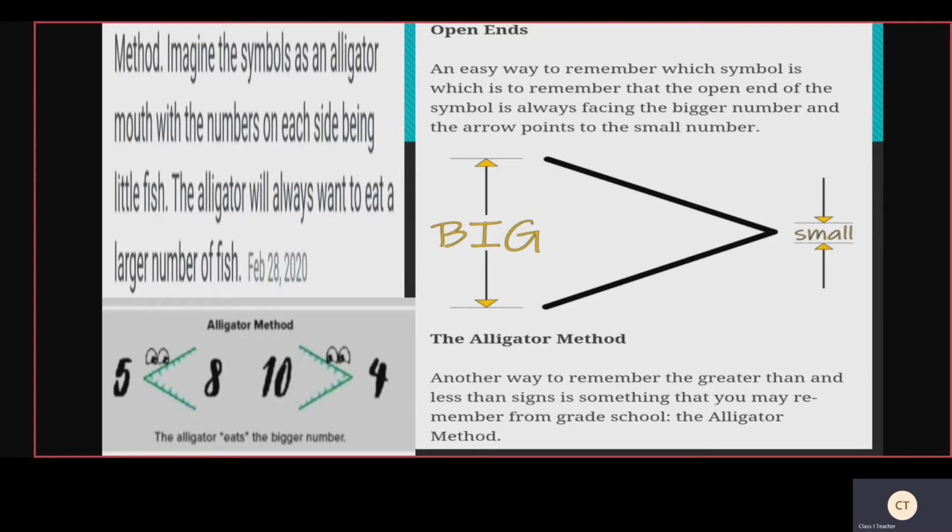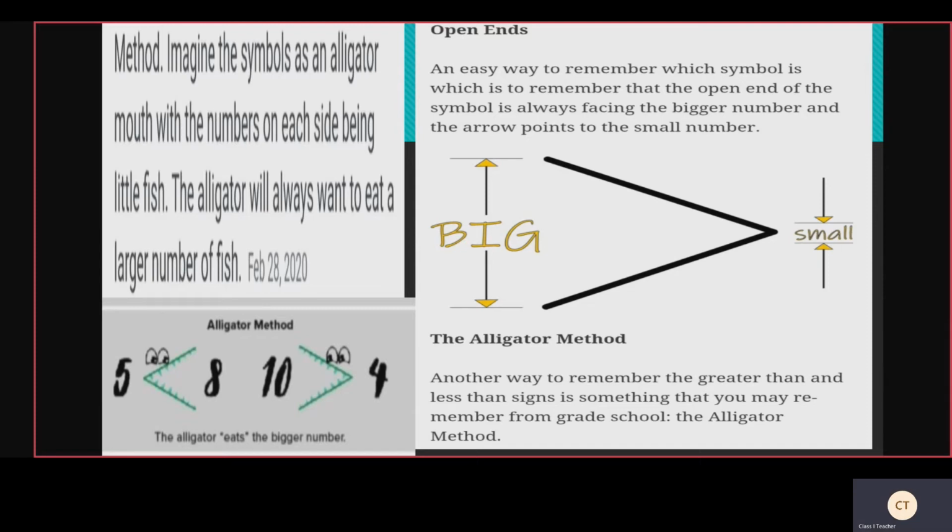Okay? So just imagine here, in first number 8 fishes and the second number 10 fishes. Okay? Yes. Next one, children. Now look at this again. Let us discuss open ends.